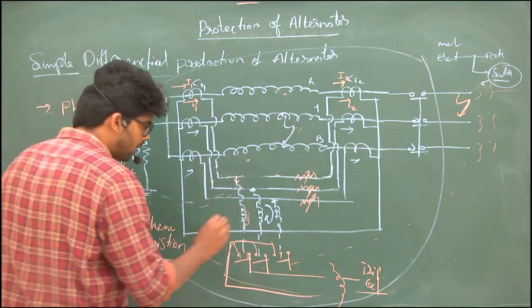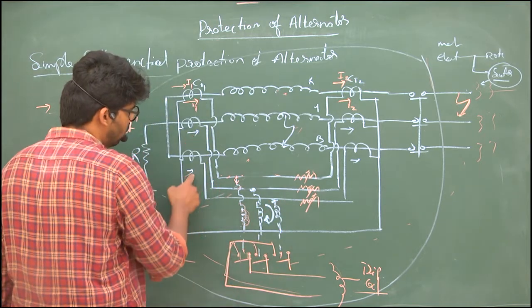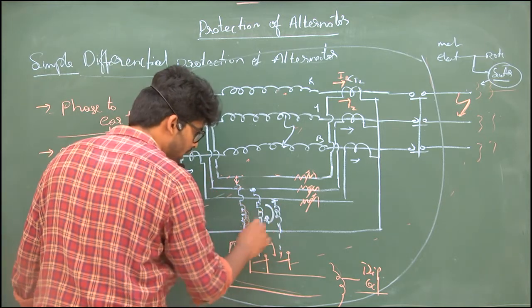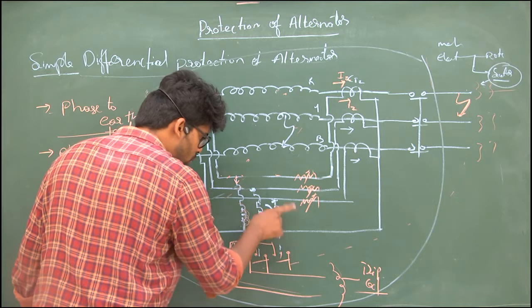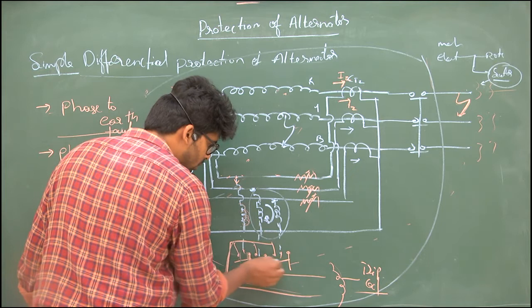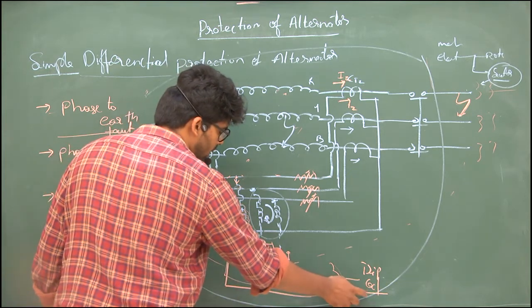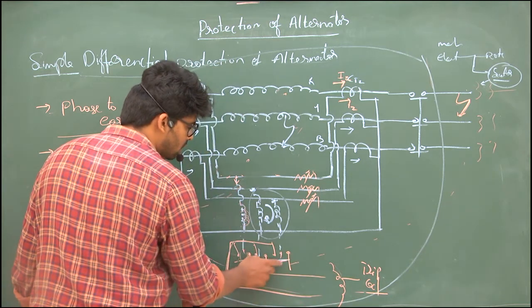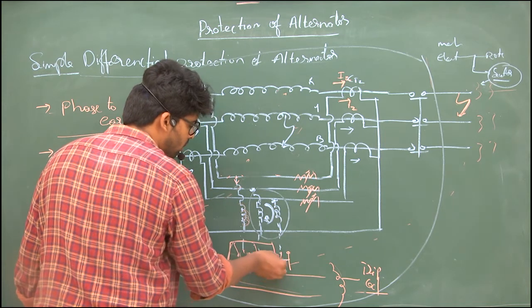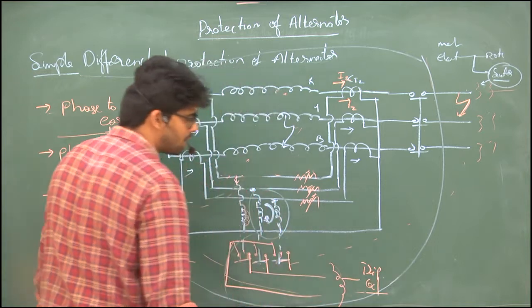If there is a flow of current in this loop, by a higher value in either of these two phases, that means a circulating current is operating in these two phases. That means these two coils will get excited, and whenever these two coils get excited, they will operate. For a single fault, one coil excites, but in a phase to phase fault, these two get operated. Ultimately, this will give the trip signal to the coil.